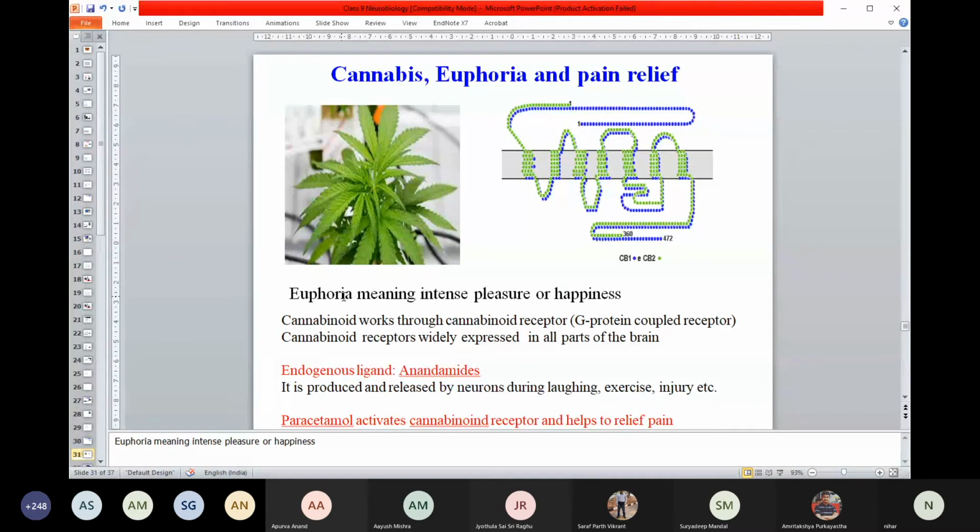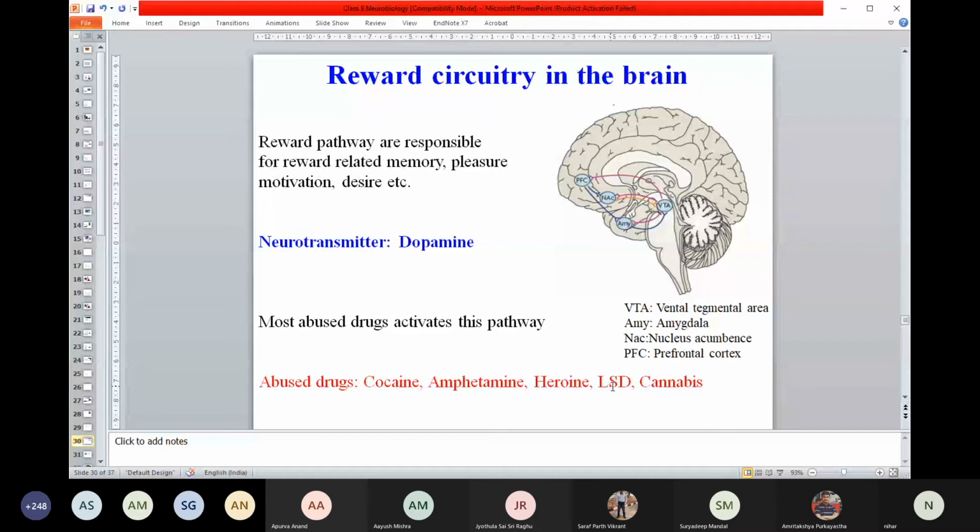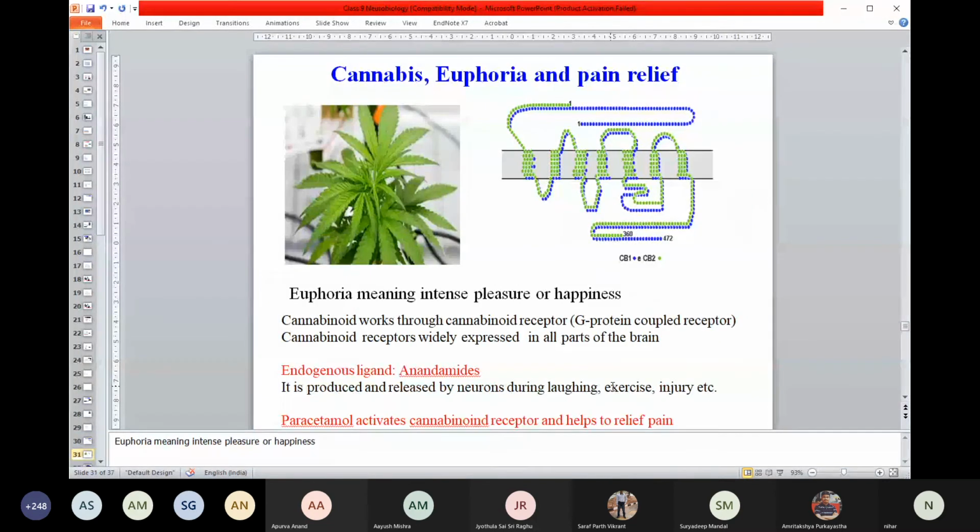So you will be using these things. This is dangerous. You have to think about the use of cannabis or whatever drugs of abuse I mentioned here. They are dangerous because you will be completely dependent on those after some use. Once you use them for some time, you'll be dependent, and at some point you will reach a stage when your brain is no longer able to tolerate.